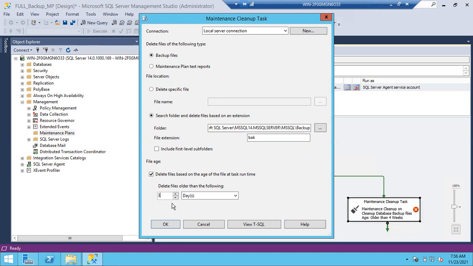Agree? Any issues here? Please let me know. No, sir. Okay. So if your backup is on the 17th date, it will be deleted. Why? Because it is older than 3 days. If your backup is on the 18th date, it will be deleted. 19th date, it will be deleted. Only from the 20th date onwards, it won't be deleted. You can click OK.